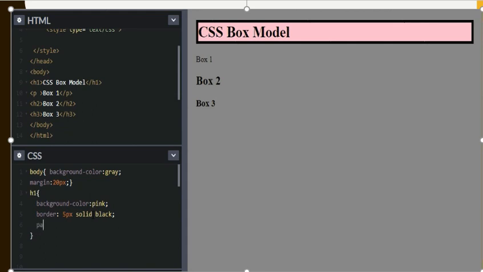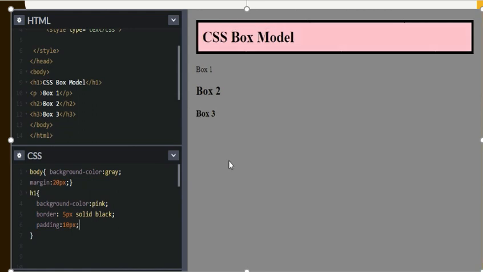Now here, padding. Padding, as mentioned earlier, is the distance between the text and the border. So this is your text, and we're going to put some distance between the text and the border. For instance, our padding is 10px. As you can see, the text is somewhat centered between the left, the top, and the bottom, and there is a space